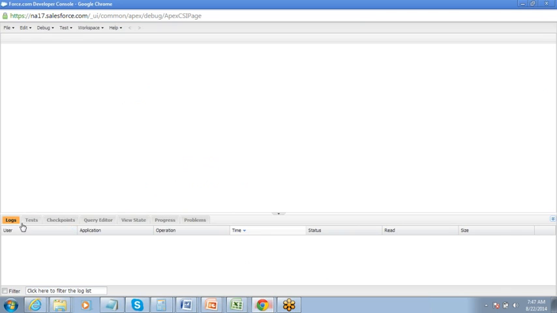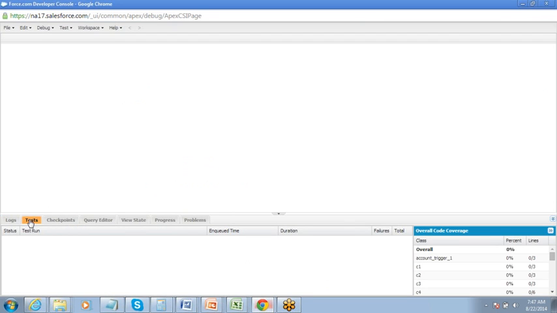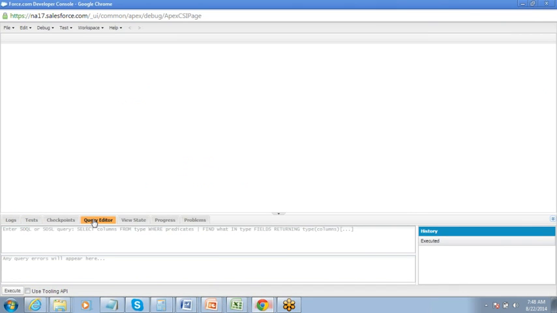You can go and check the logs, debug logs and all. You can do the test. Fine. You have a query editor here. You don't actually need to get into too many things here, but the important things that we need to understand is